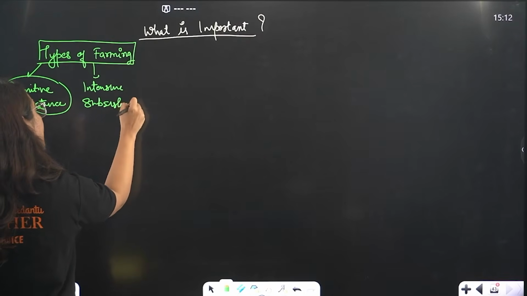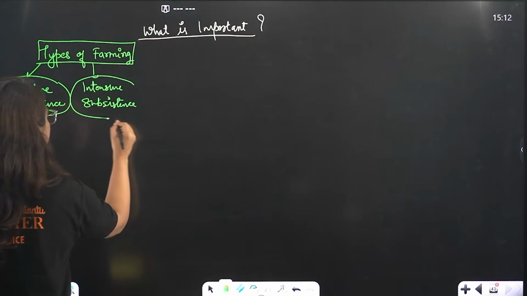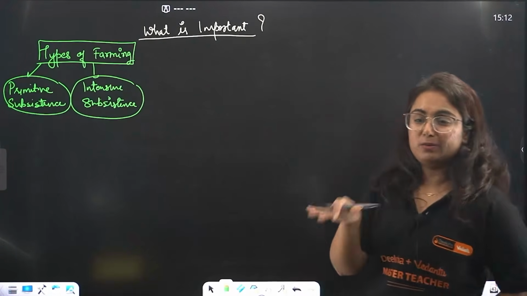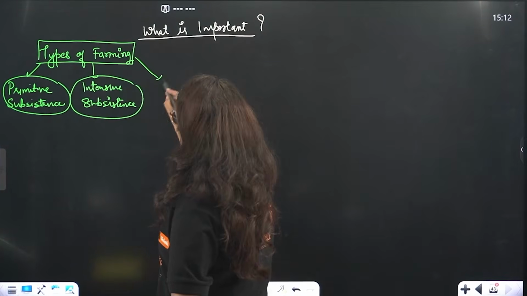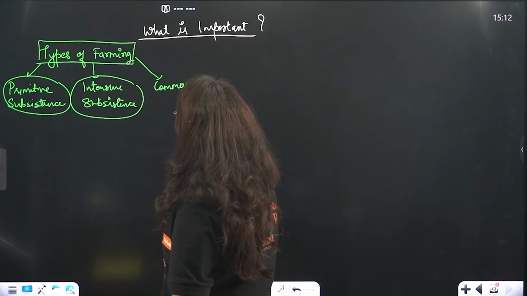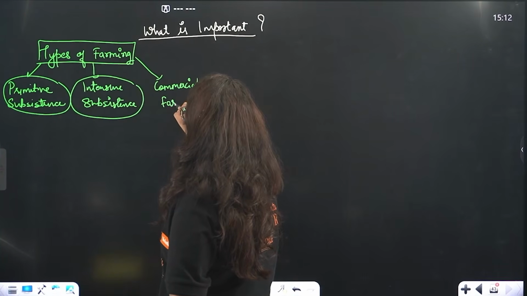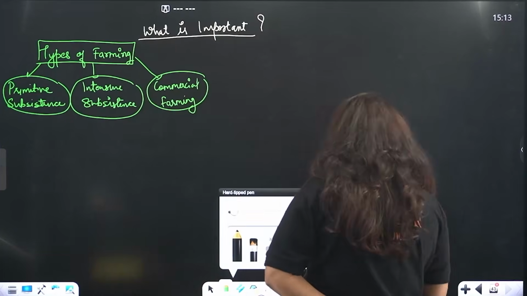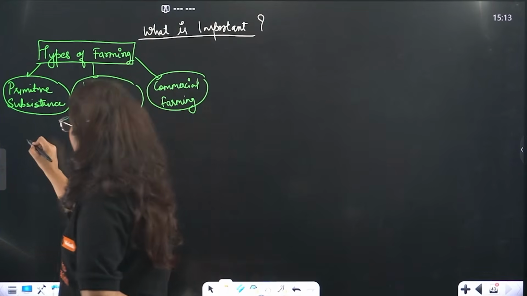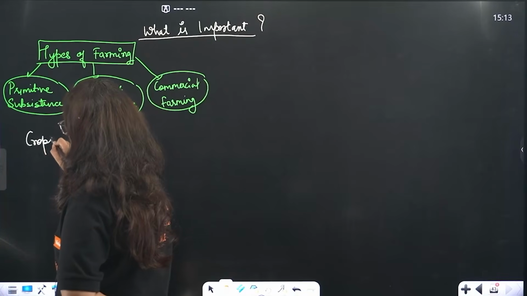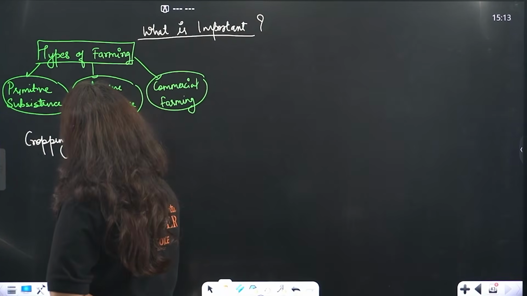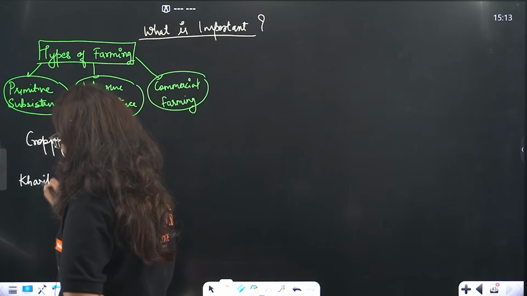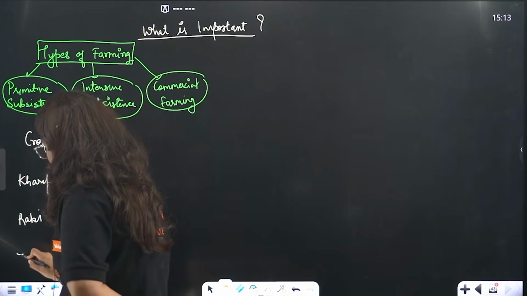Intensive subsistence. Why am I doing it right now? Because this should be your habit. Once you end the chapter, write on a single page what are the important points and what you have to remember from this chapter, right? And the last one, that is commercial farming. By the way, plantation is also an example of commercial farming. The next topic that we studied in this chapter was beta, cropping patterns or cropping seasons, right? What we have to remember in cropping patterns, there are 3 in number: Kharif, Rabi, okay, then it is Zaid.